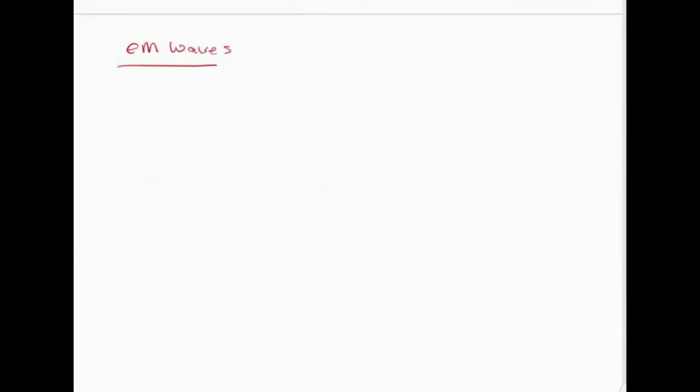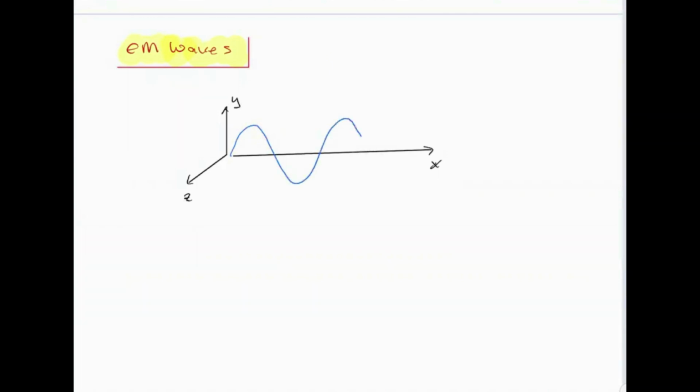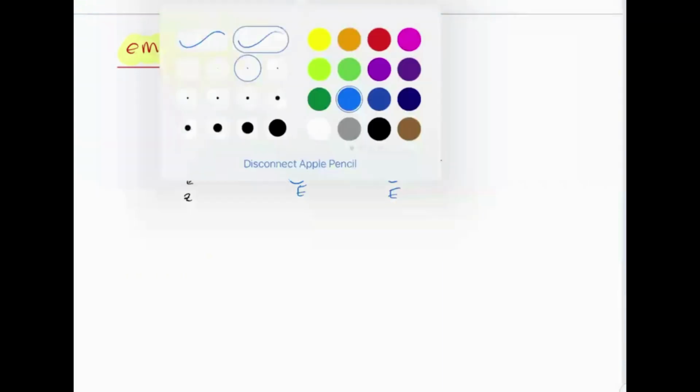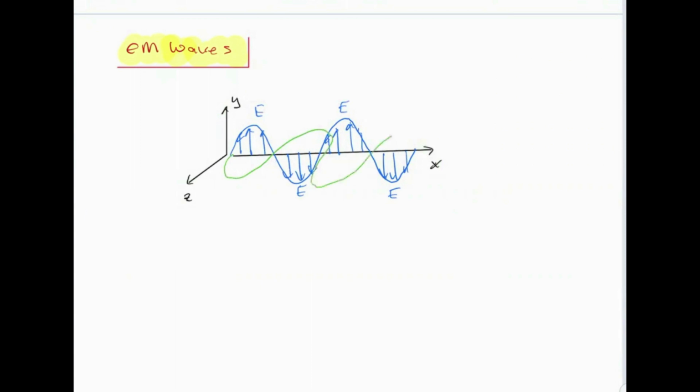Alright, so here's the derivation for the electromagnetic waves. It's a three-dimensional wave, so let's set up our dimensions. The wave is going to travel along the x direction, and so you have the y and z axes. Here's the electric field component of the electromagnetic wave, and 90 degrees to it you will have the magnetic field